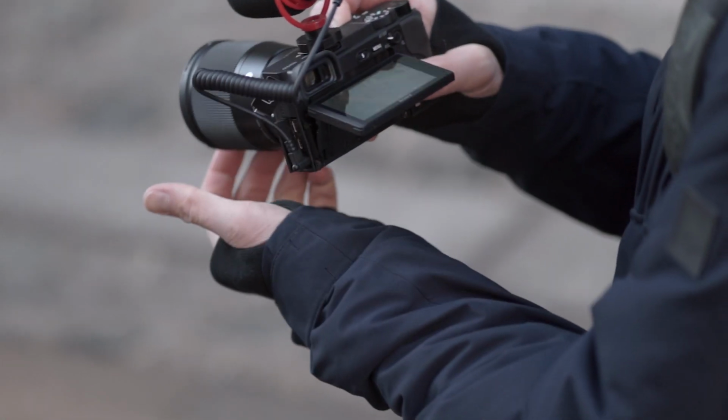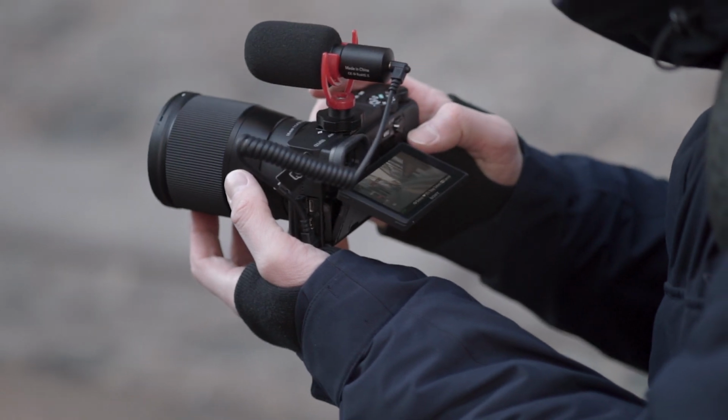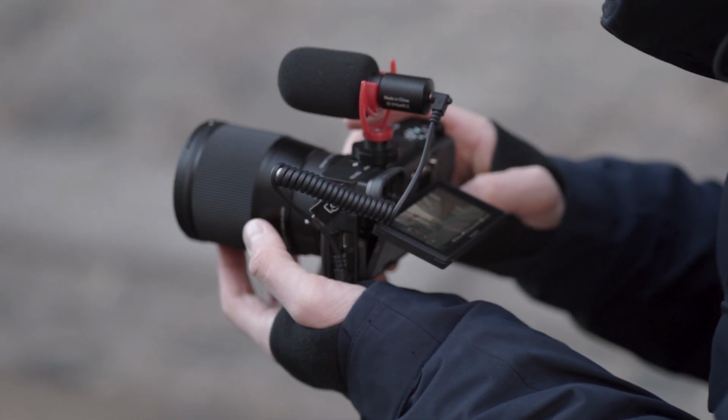Second thing is the aluminium body. Are you gonna bring the camera out in rain and very harsh conditions? Most hobby photographers don't do that. And the third thing is the touch focus. I'm not sure if photographers use it that much. I think it's more convenient for videographers, so I wouldn't say that is a con for you. So if you're a photographer, go with the 6100, but wait until the end. I will tell you why it does sometimes make it worth it to go to the